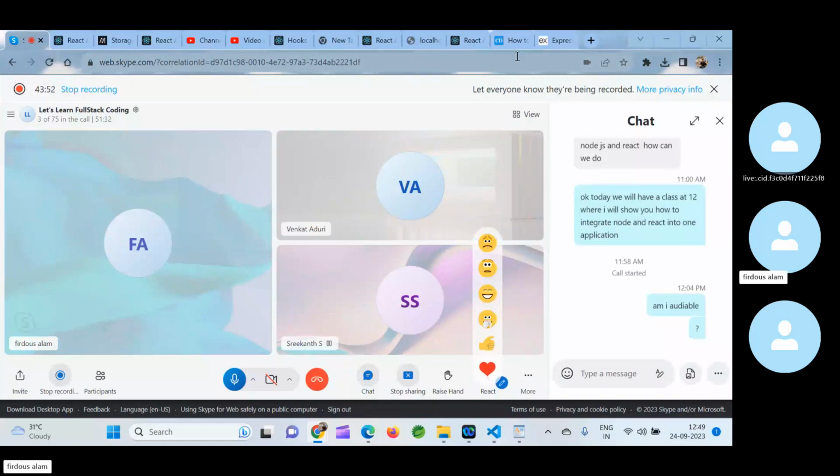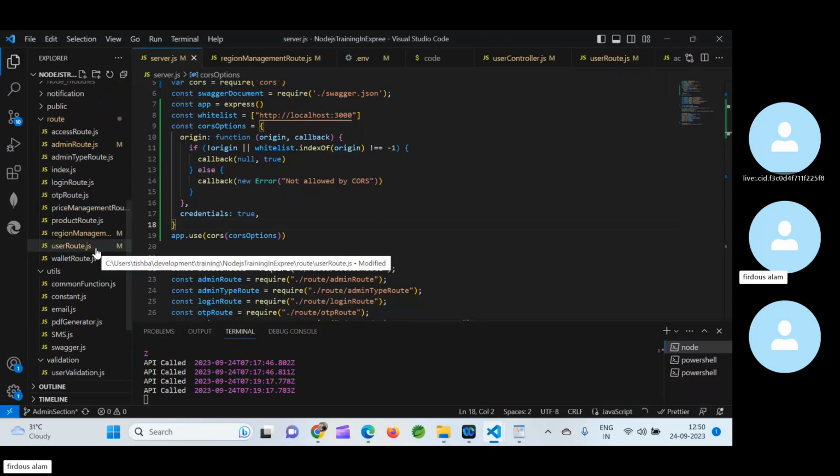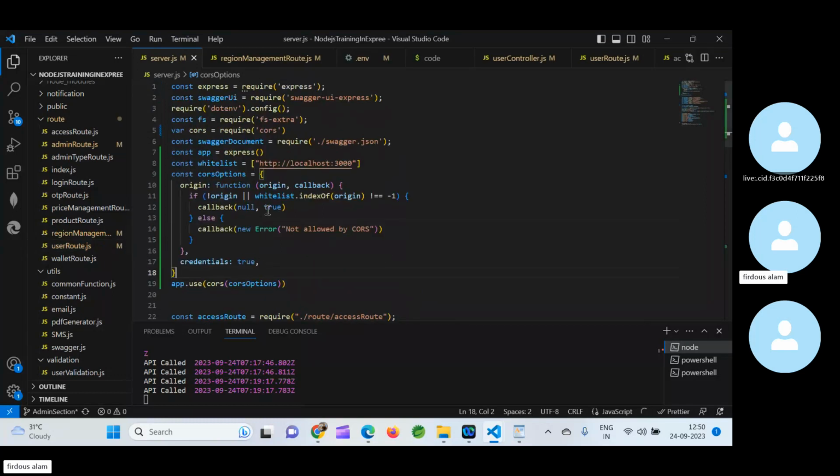So Venkat, I will request you to create some kind of application. Now you know how to create the Node applications also. I think this is it. These are the settings. Create some kind of application, whatever you want to play with, and have a command on this. I think these are enough. The rest is security, mainly handled by the DevOps team or the security team where you will work,